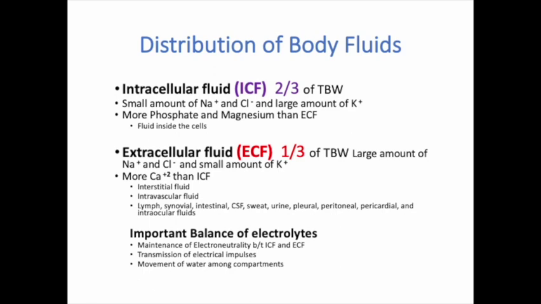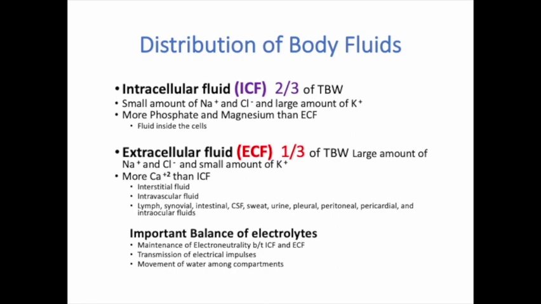Two-thirds of the body's water is intracellular, or ICF, and one-third of the body's water is extracellular, or ECF. So let's look and see what makes up the components of ICF and ECF. In the ICF, or intracellular fluid, there are small amounts of sodium and chloride and larger amounts of potassium. There is more phosphate and magnesium in the intracellular fluid than you would find in the extracellular fluid, the fluid